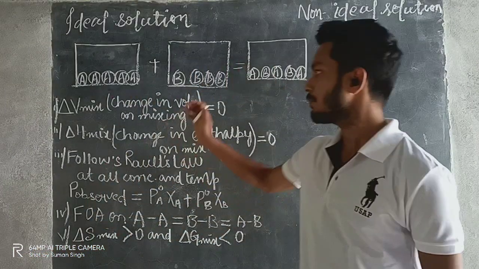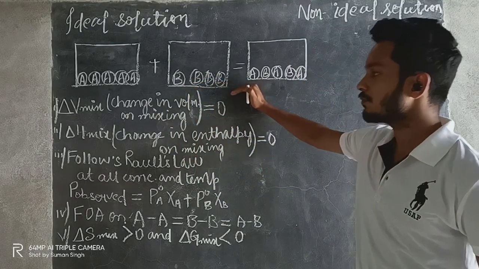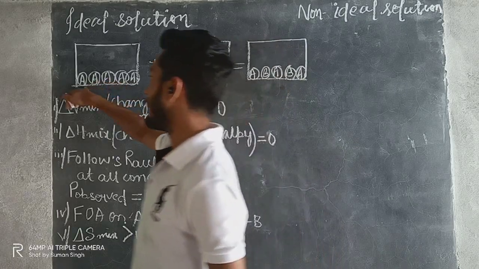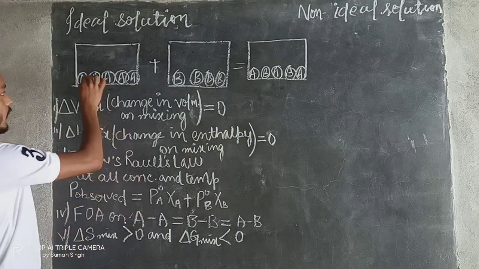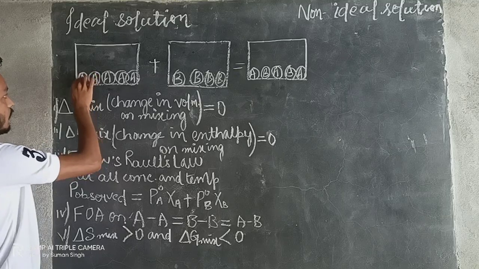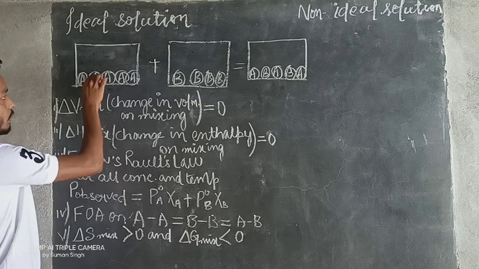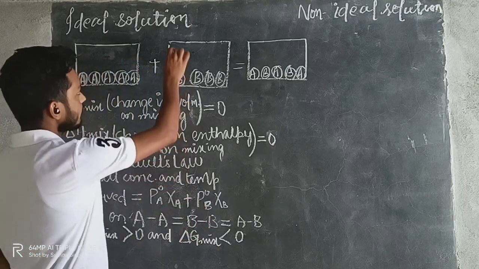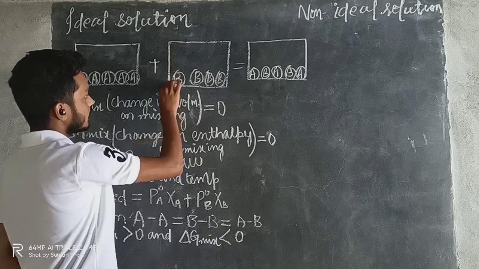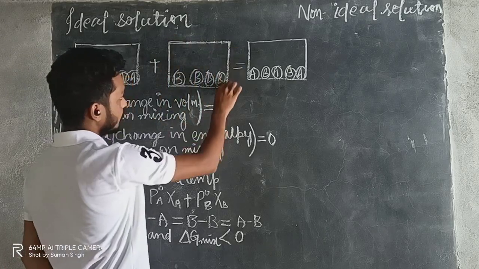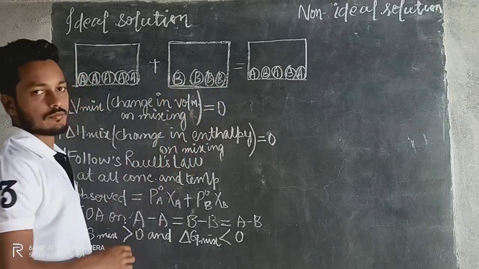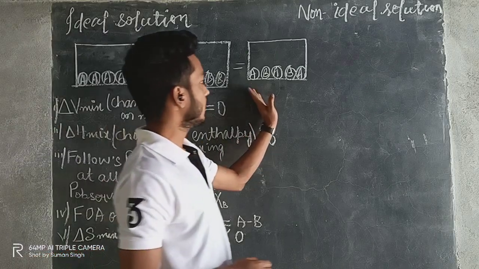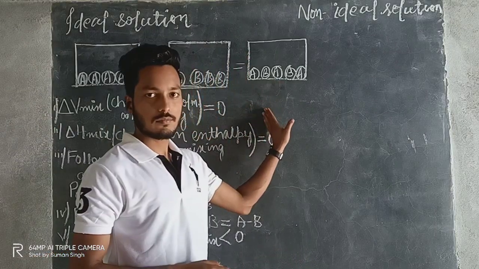So as you can see, what we will do is take one container, A, in which only the A component is there. You just see, only A. We have put only A in one container, okay, and after that, we have taken another container where we have put component B, okay. Now in the third container, we have mixed both A and B, okay.